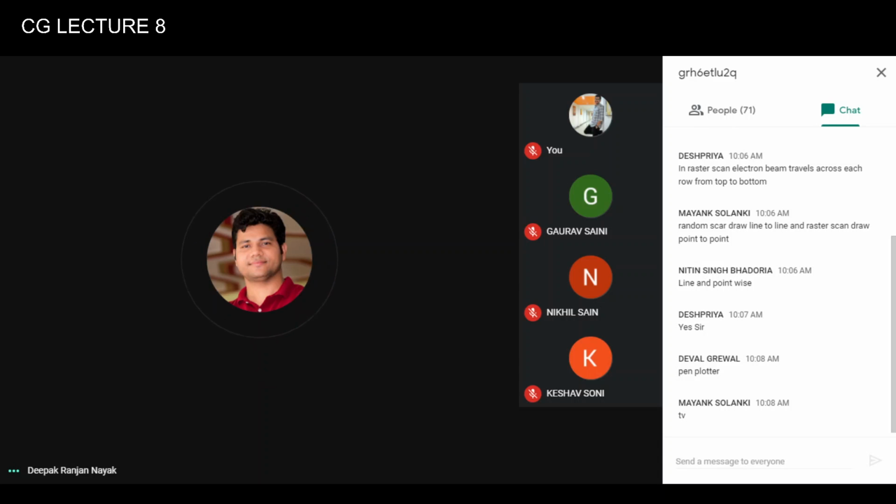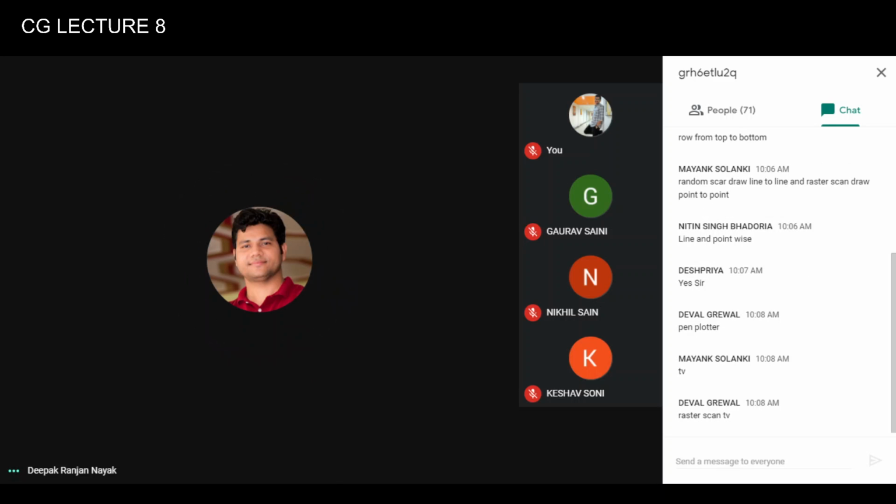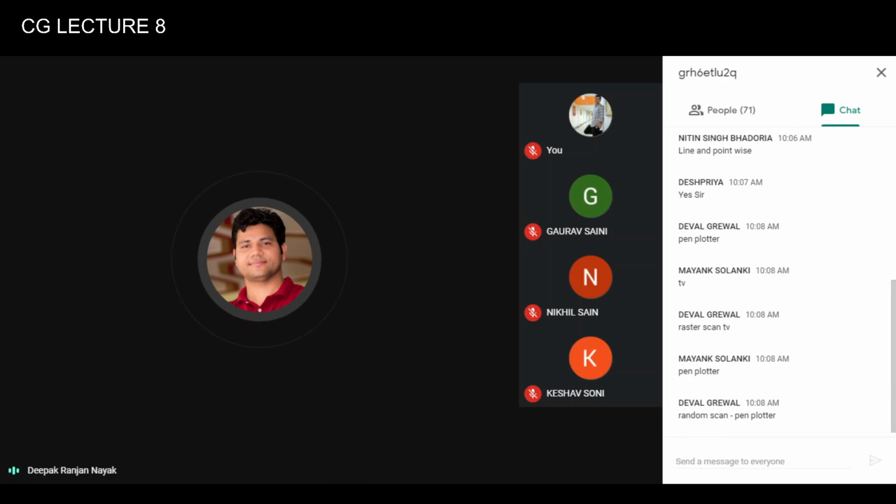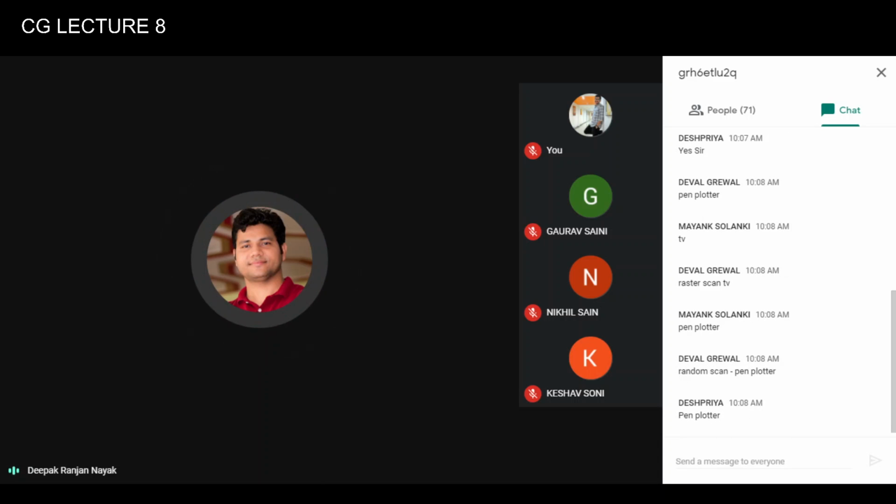So what about random scan then? Yeah, the example is pen plotter, absolutely fine, Moin. But what it does and how it is different from raster scan?